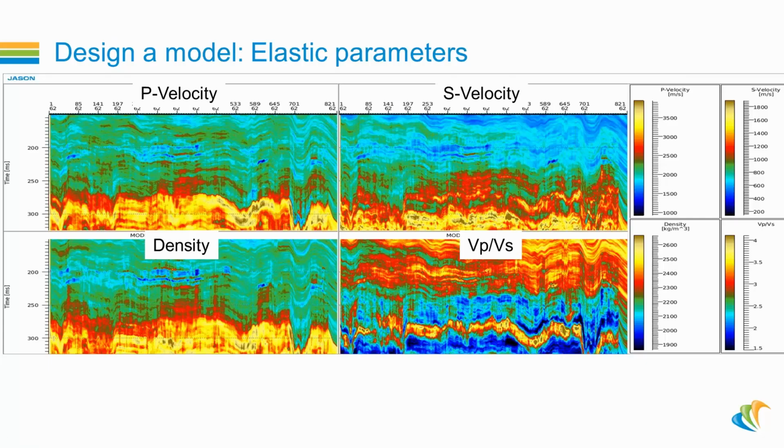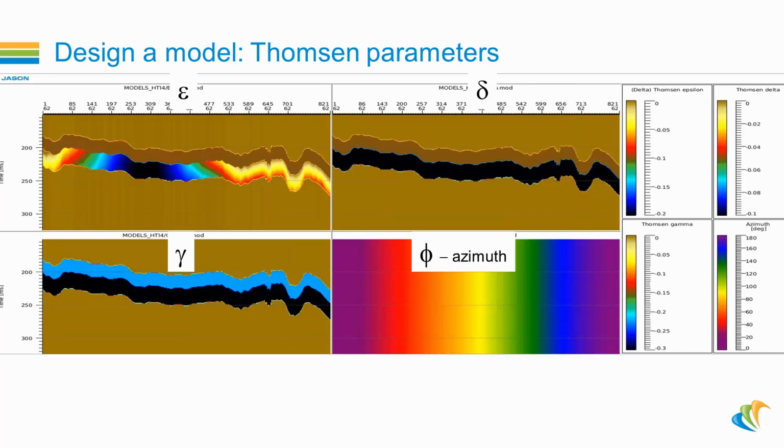So we design a model, the elastic parameters here, the P velocity, S velocity, density, VPVS. These were calculated from real well logs, but just by doing modeling. So it's stochastic modeling. So there's no relationship with the actual seismic data, but it's just a synthetic case. But it looks realistic. Then next, we hypothesize our Thomsen parameters, and here we have epsilon, delta, and gamma,